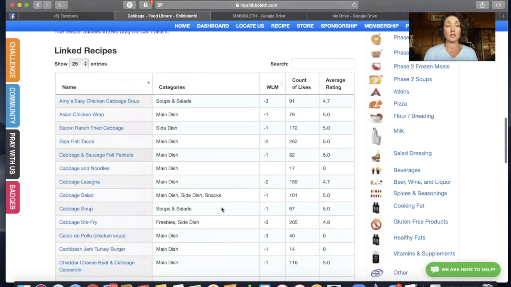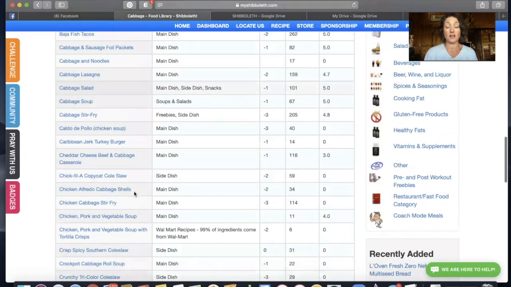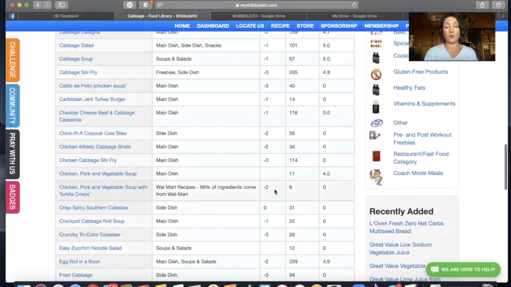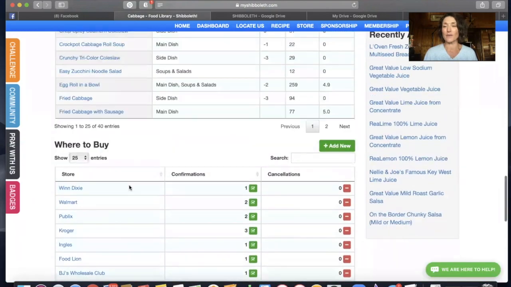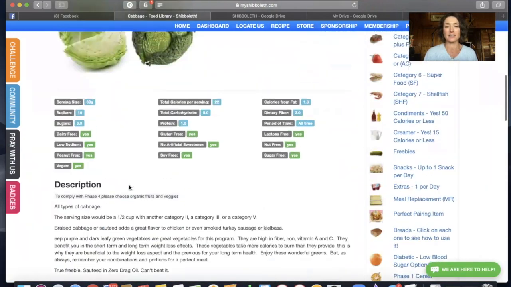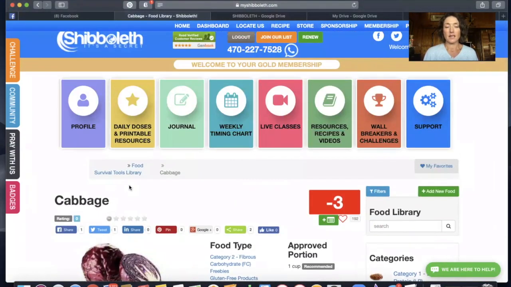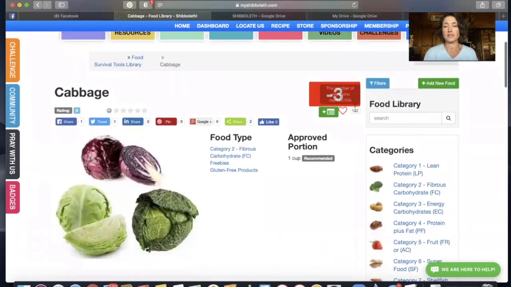Also underneath are linked recipes for that food item. I mean, look at this, there's a ton of them. Always look over here at your weight loss meter if you're in weight loss mode. And of course, then where to buy it. Basically every grocery store has cabbage, but for some of those super hard to find items, you can find them there. If this was your favorite food, you could press that little heart right there, and that's going to put it in the journal that I was telling you about on the journal tab,